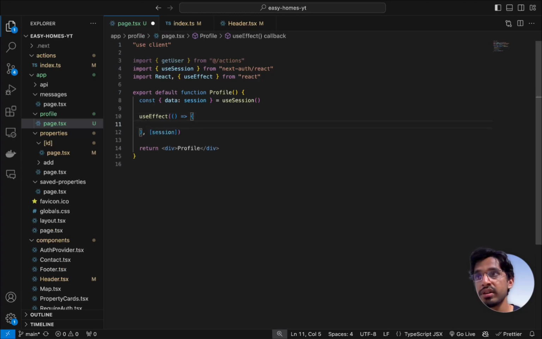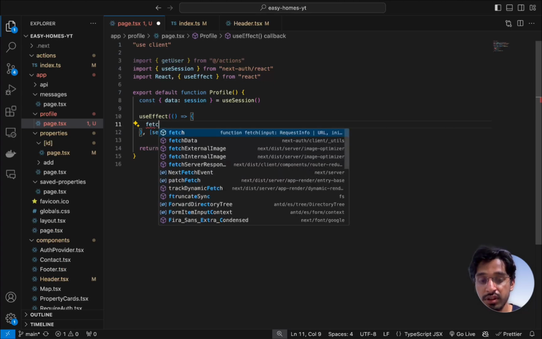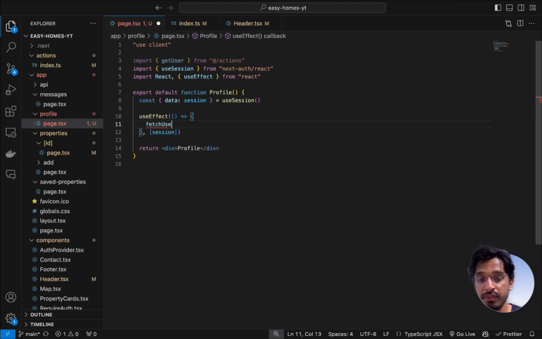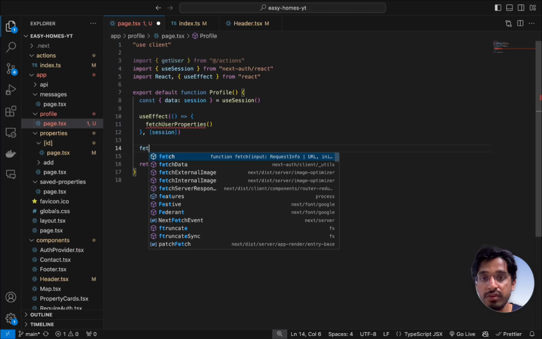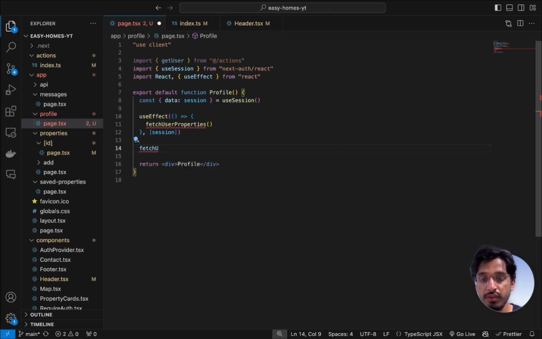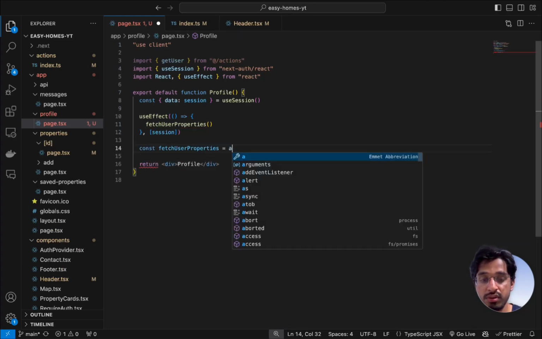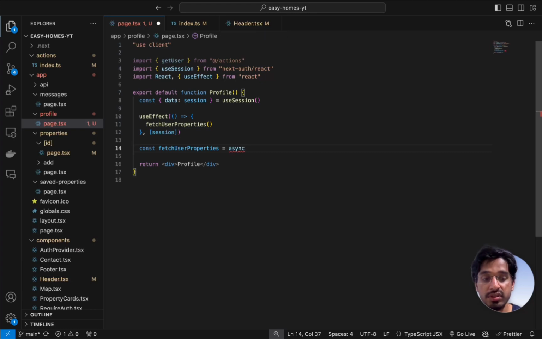Okay, so let us open a try catch, or we need to create the function as an async function, so we cannot mark the use effect function directly as asynchronous. So we can just create another function, let's say fetch user properties, and we just need to call that. So we can just create that function, and set this to a function, which is going to